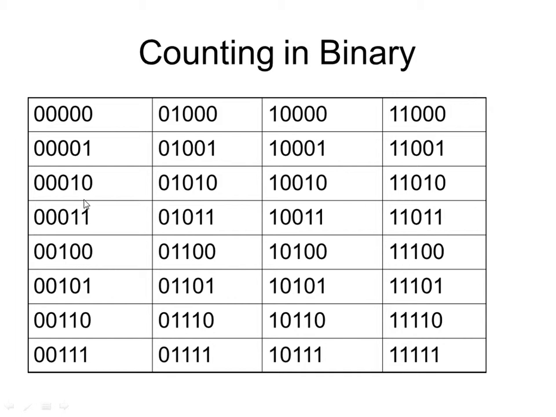0, 1, 2, 3. So here we had a 1-bit change. Here we had a what? 2. Here we had a 1. Here we had a what? 3. Here we had a 1. Here we had a 2. Here we had a 1. Here we had a 4. So you can see the problem when we're trying to keep up with binary, especially when it deals with propagation